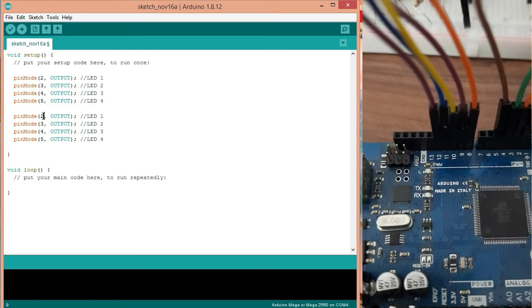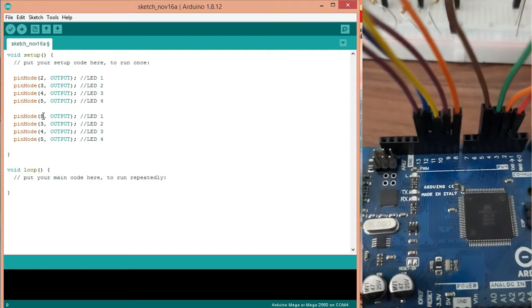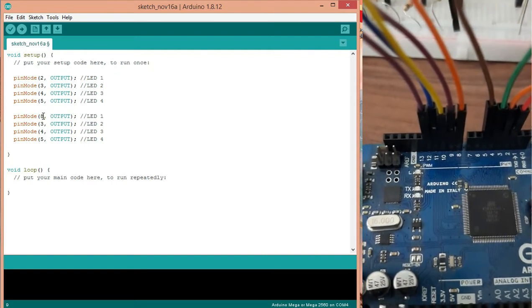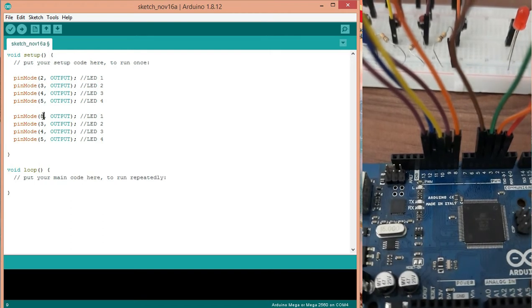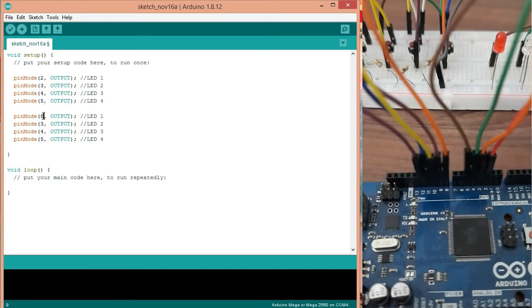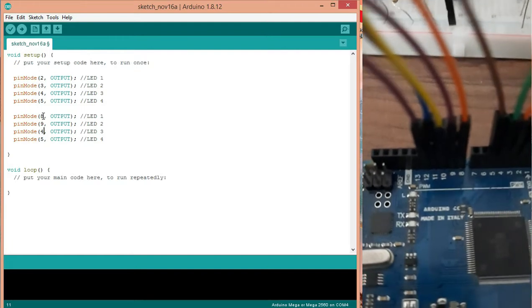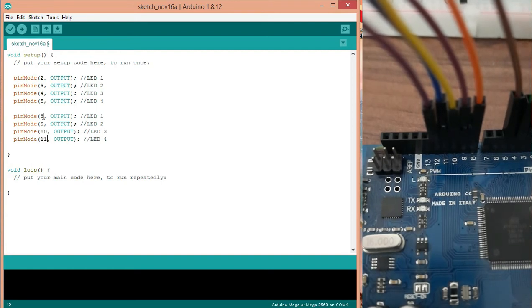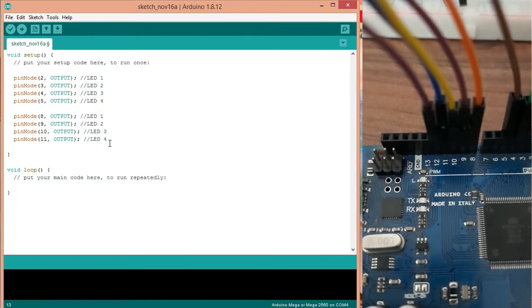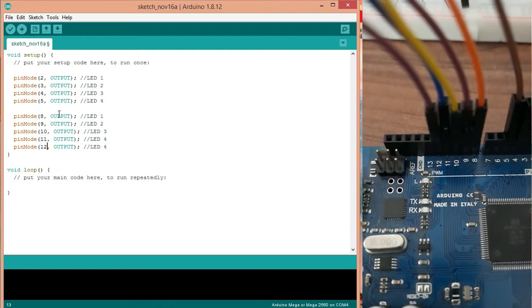This is pin number 7, sorry, this is pin number 8, then 9, 10, 11 and 12. These will be serving as input.